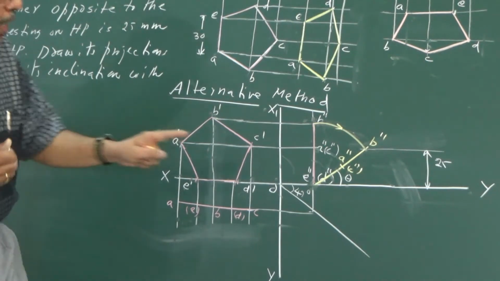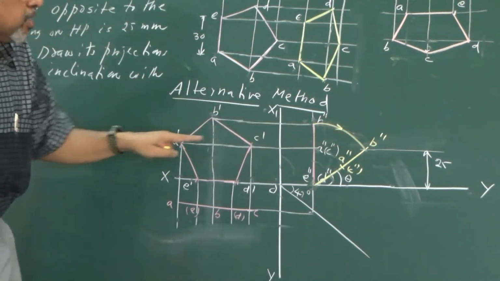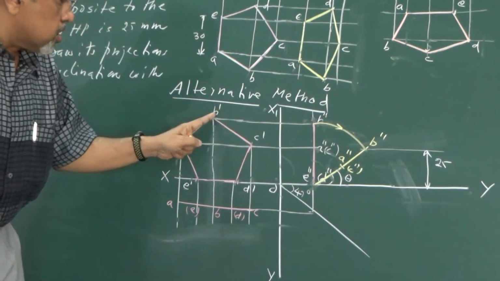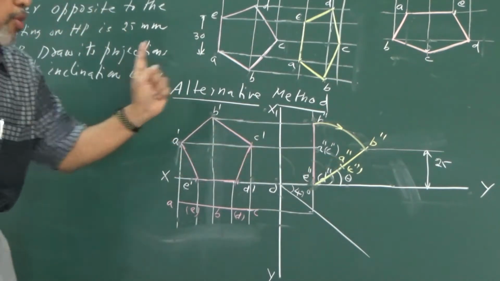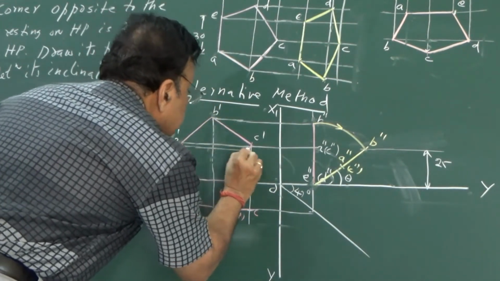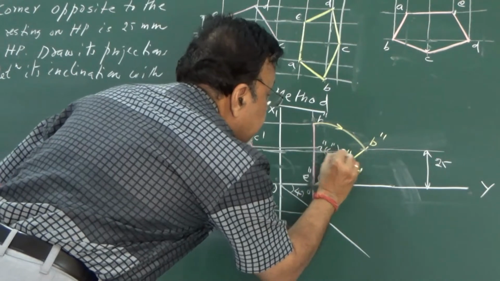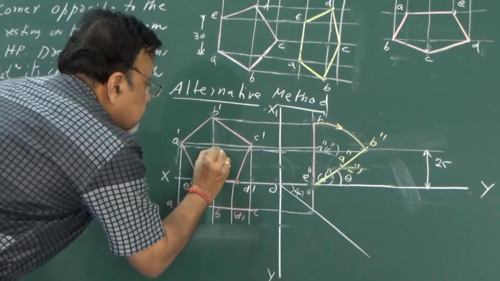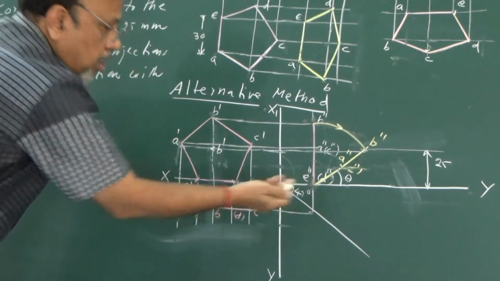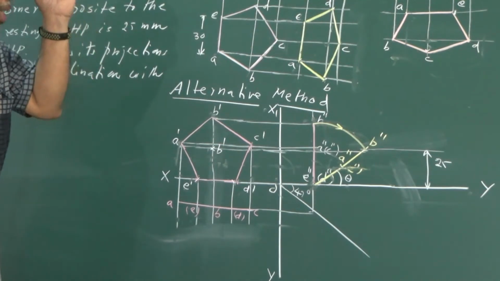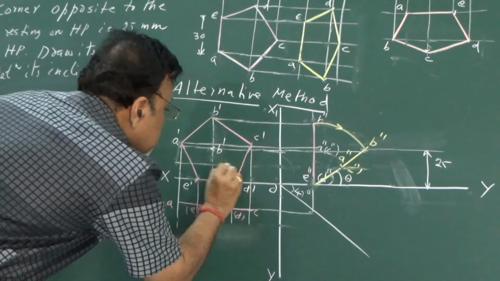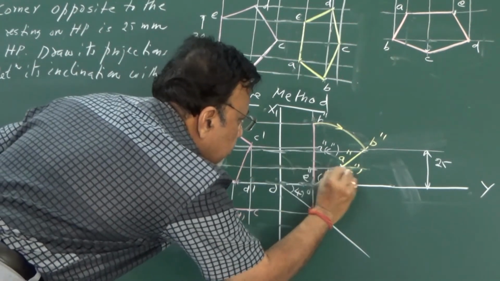Very simple. Wherever you have a point, I need to get the corresponding point. That is, I will draw vertical projectors from the front view and horizontal projectors from the new side view. So let me get this. If I draw this, let us say this is one projector, which I am going to get from this B. Let us say this is my new point B dash. D will be here only, because anyway it is on OY itself, on HB itself. Now I need to transfer this. So from here, let us say I am going to draw another projector.